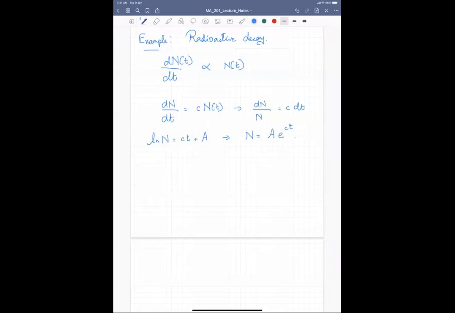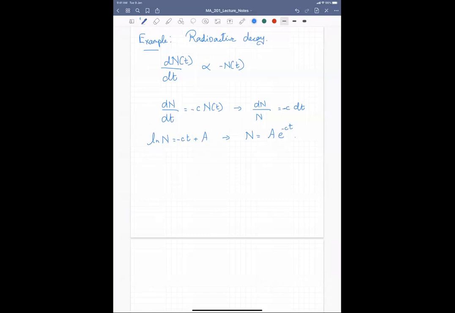I'm trying to model something that is going down in time, not increasing. So you realize that, look, this is not the correct way to model this. Maybe the way I should model this is I should probably have some kind of a negative here because I want it to decay and not grow exponentially. So you claim that my starting point should not be proportional to n, but let us say that I put a minus sign. Now, if I consistently put in this negative sign everywhere, here and here, it will feed into this equation as a e to the minus ct.